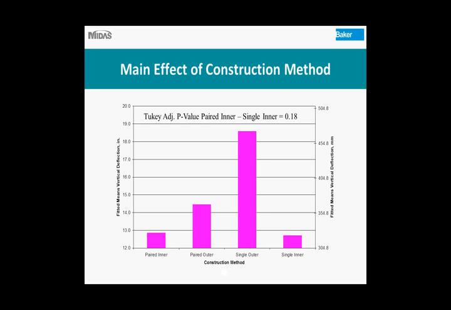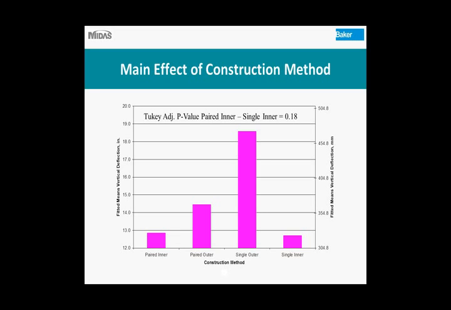And this is due to the fact that when you place that single exterior girder, it has a tendency to want to roll out. So by the time you put another girder up to stiffen it up, it has already rolled enough that it all keeps adding to that effect over and over again. But if you look at the paired outer results, by erecting 2 of these girders at a time, we've increased the stiffness of that first section that gets placed enough that it's going to significantly decrease the